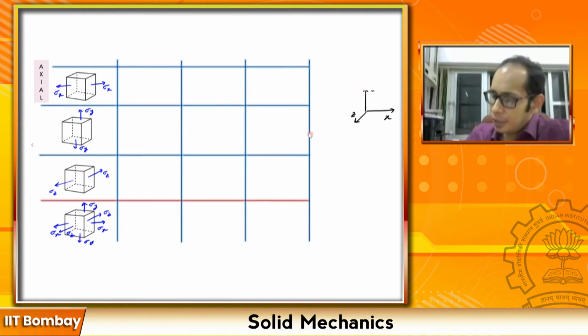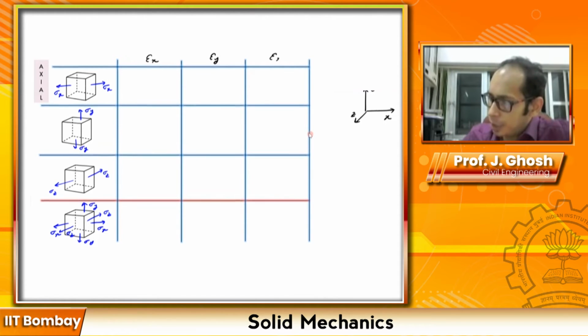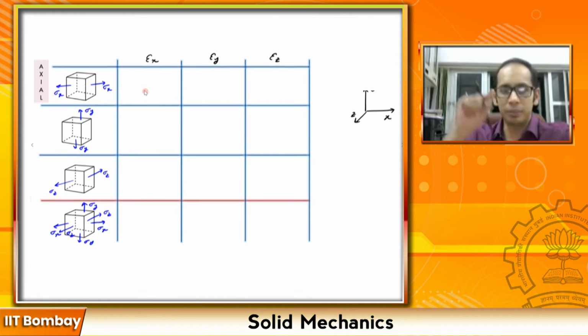What I'm trying to find is what is going to be my epsilon x, right? I have the stresses, I'm trying to find the strains. What is going to be my epsilon y and what is going to be my epsilon z, right? Let's look at the simple cases first. For the first one, I know very well that my epsilon x, simply from Hooke's law, remember Hooke's law is sigma equals E times epsilon, is simply going to be positive sigma x by E,